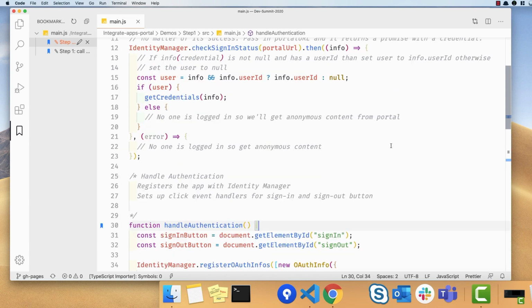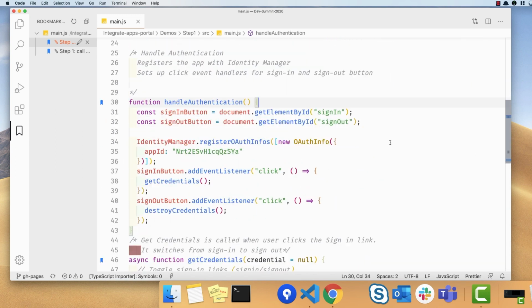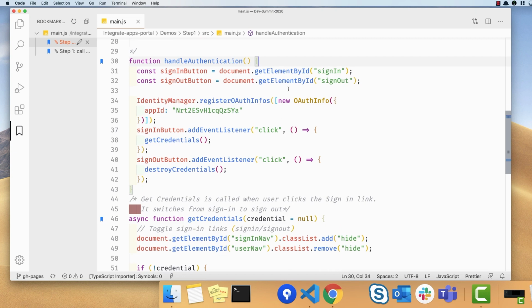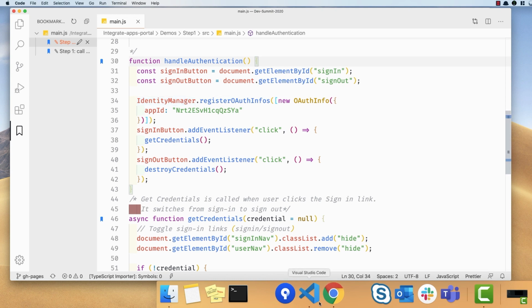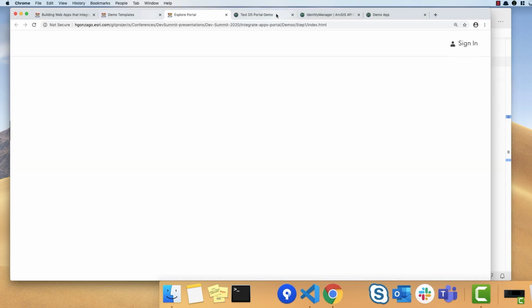So what we have in this particular case is I have my sign in. So I have that sign in button. And on the identity manager class, there is a method called registerOAuthInfo. And what it does is it takes in an array of OAuthInfo classes. So in this case, we're just using one, but the OAuthInfo, and I'm going to show you this in our